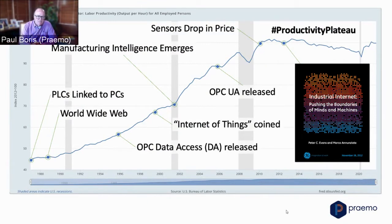This productivity plateau has to be defeated. We have to figure out how to get that curve going back up to the right at a 45 or close to a 45. And I think it's going to come from interrogating the data, the lowest level underlying data that companies have, because when we've done that, Andy mentioned a couple,